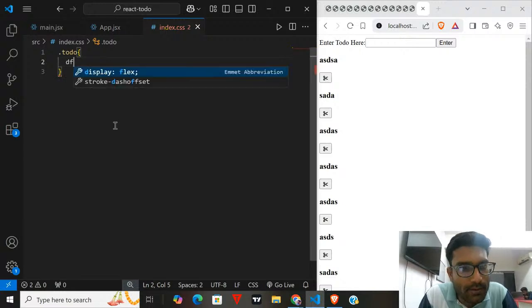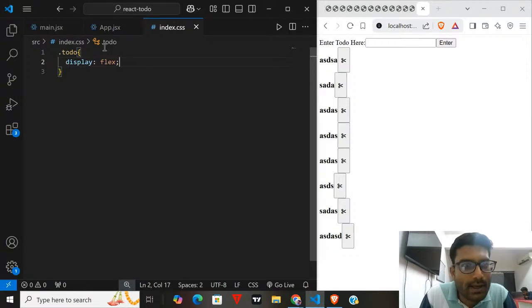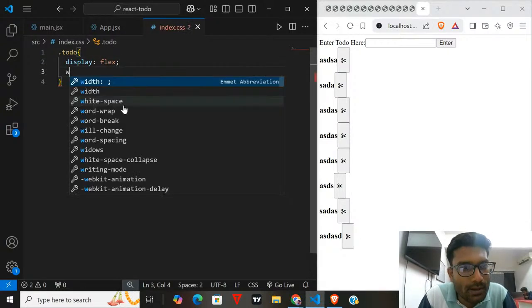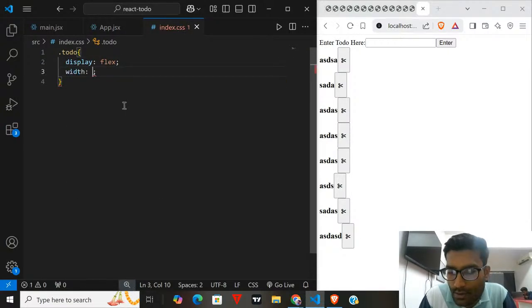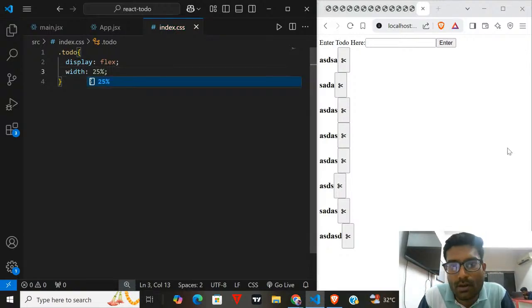Give it a display flex, so everything will be like this. Display flex, and give some width. Let us give a width of 25%, right?